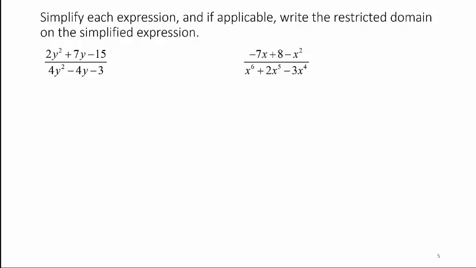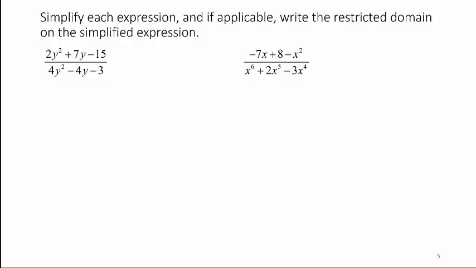Right, so here I want to do a couple more examples, more complicated examples of simplifying rational expressions. And again, where applicable, we're going to write the restricted domain in the simplified expression. So if there's any hidden domain restriction, we want to make note of that. Okay, so in this first expression, we have 2y squared plus 7y minus 15 divided by the quantity 4y squared